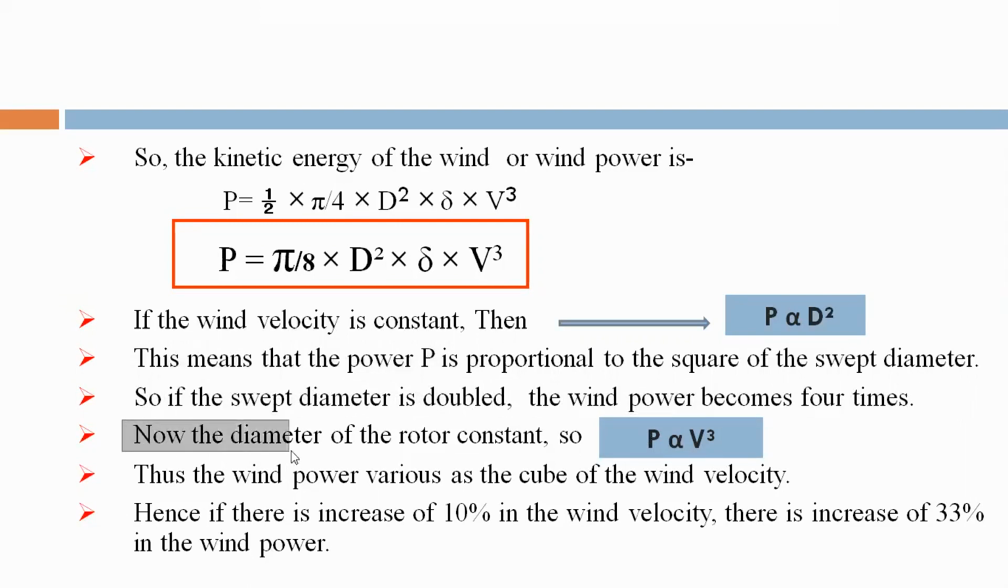Now the diameter of the rotor is constant. If we keep the diameter constant, we are getting P is proportional to V cube. The wind power varies